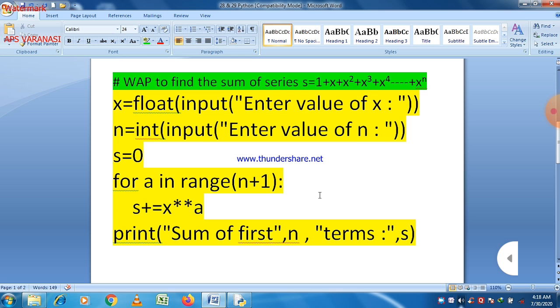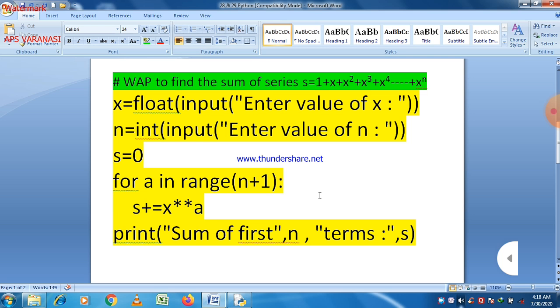we want to find out the sum of the series. For that purpose we take a variable named s, and we initialize it with 0. Why initialize it with 0? Because we don't want any garbage value contained within it. If it contains any garbage value, then when we initialize it with 0, that garbage value will be removed. So s is equal to 0 here. Three variables are there: two variables for input and one variable used for output. So x and n are the variables used for input, and s is the variable used for output.